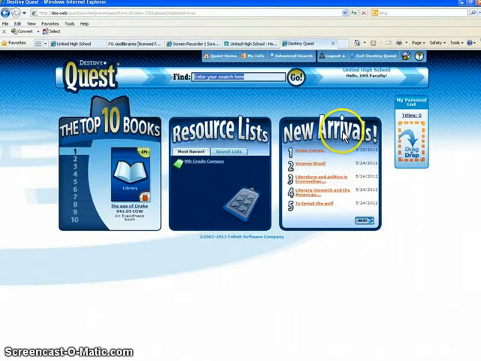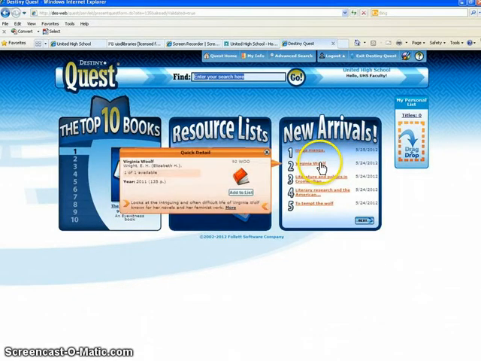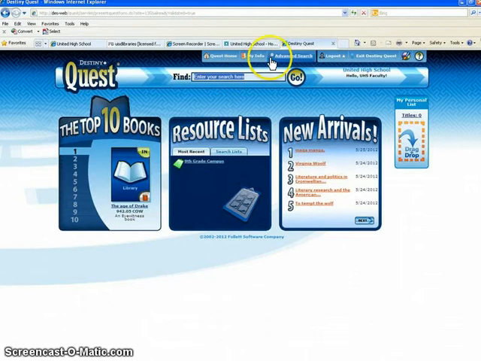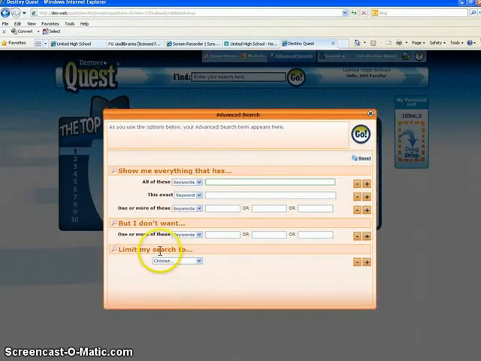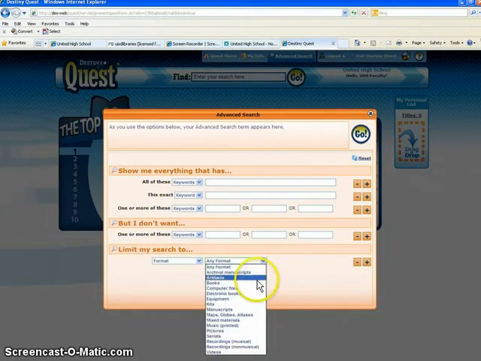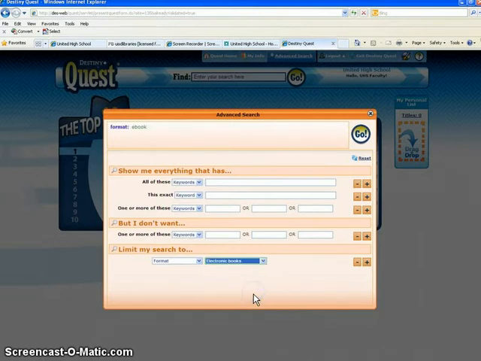And then we will have a listing of new arrivals, and these are listed in the order that they've been cataloged. If you do an advanced search and limit my search to format, electronic books, these are going to be our ebooks. So I'm going to hit enter,